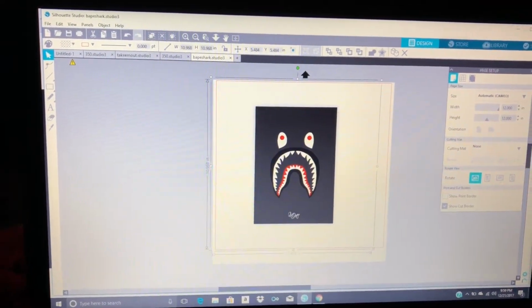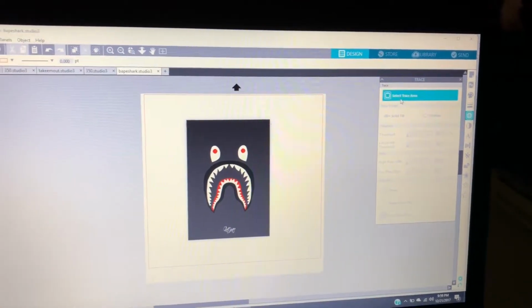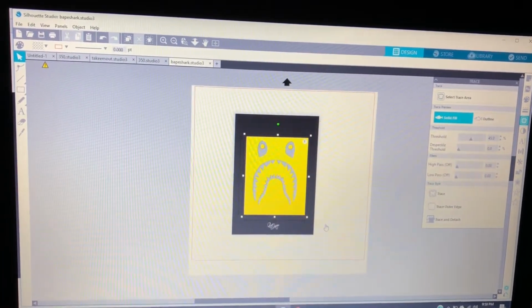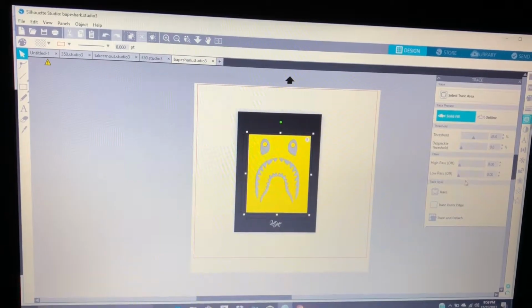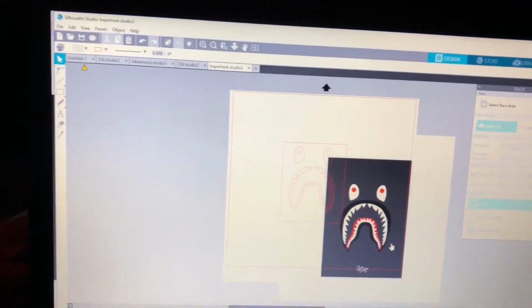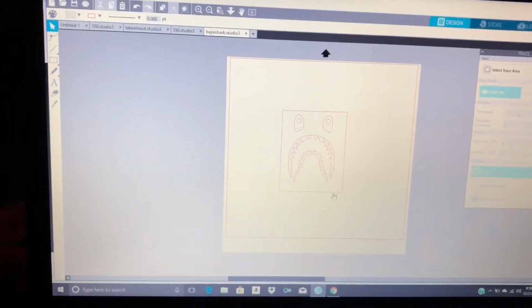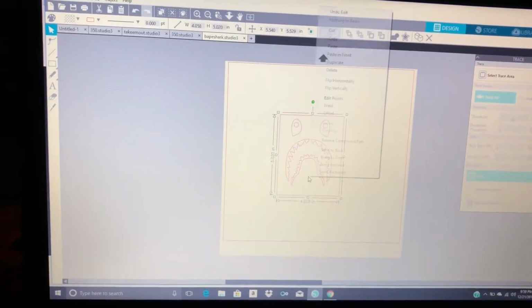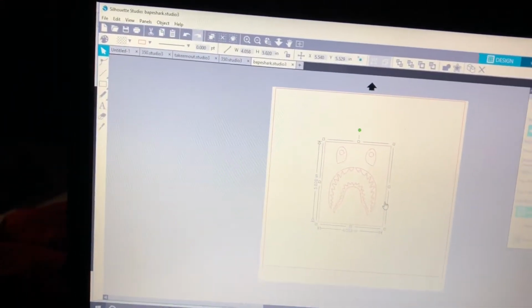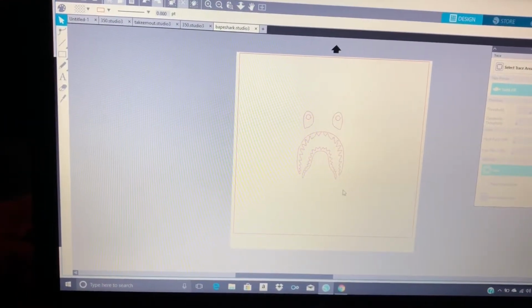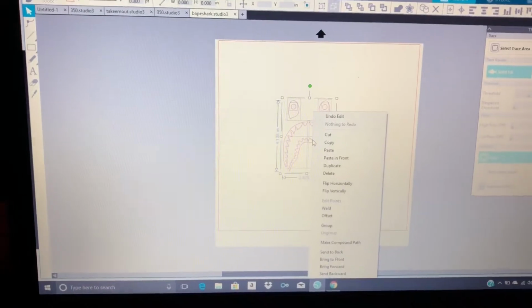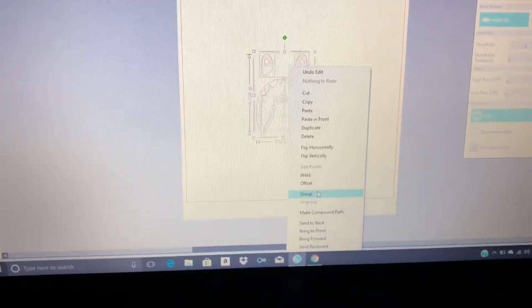And you do the same process, you just go over here, trace, select trace area, and you don't have to do the whole black background, but you can just get the mouth in it. So once again, hit trace, and then get rid of this one, get that out of your way, and same thing, release compound path, and I went ahead and got rid of this border too. So then highlight it all again, and now that you want it back all together again, so you go back to group,